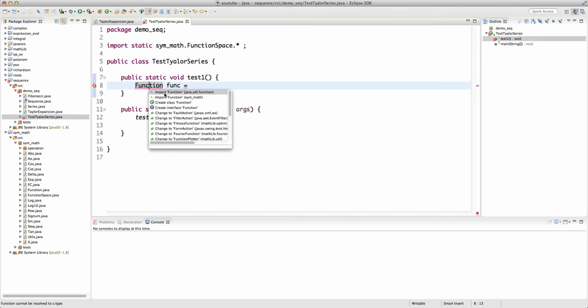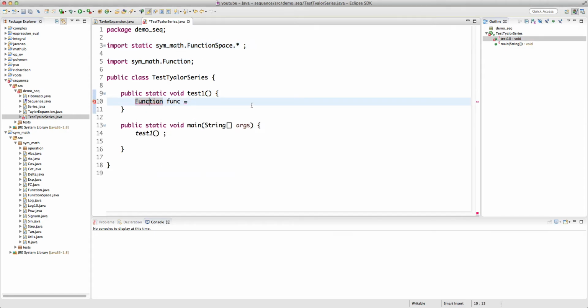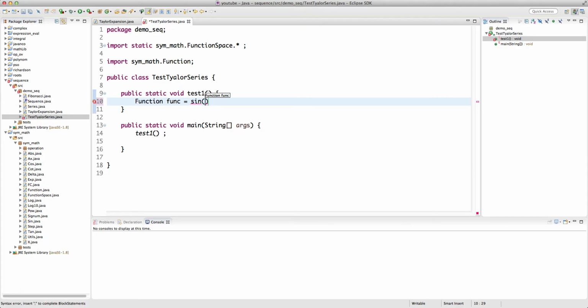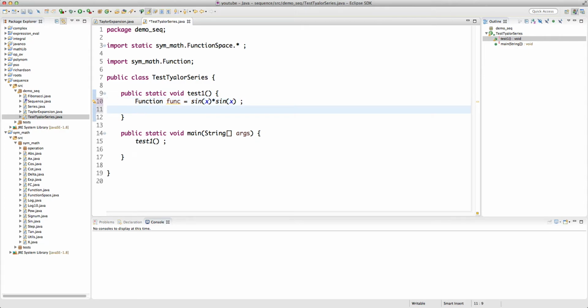Let's also import the symbolic function, and let's call this, let's say, sine of x plus cosine of x, or maybe something more fancy like sine of x times sine of x. And then we're going to